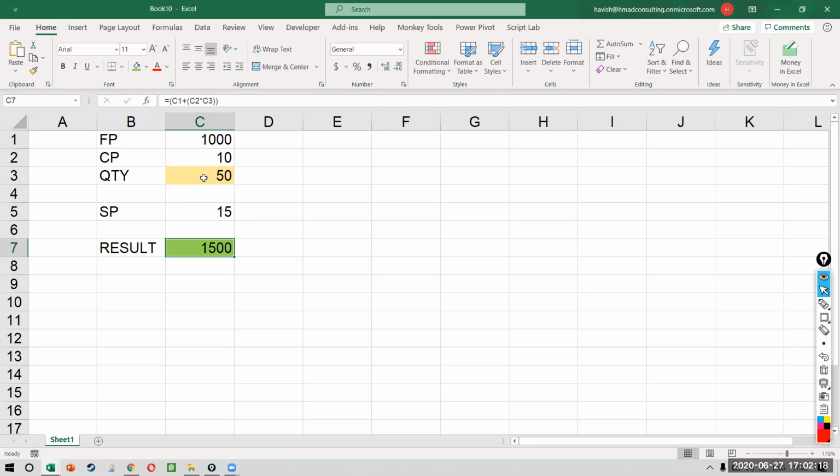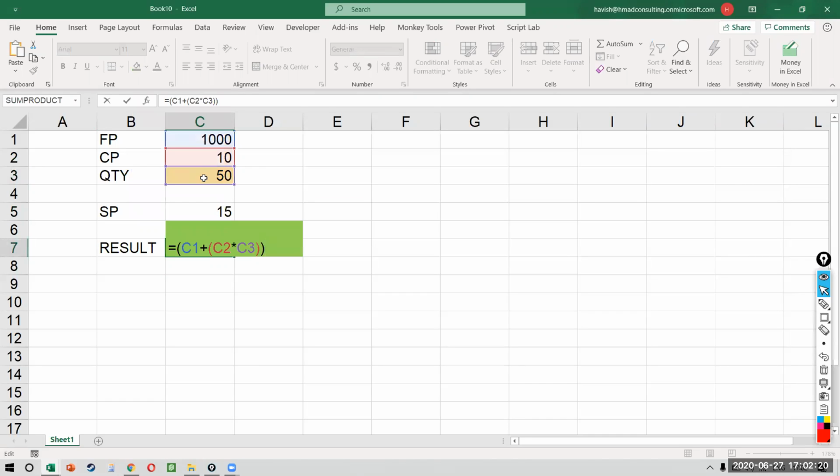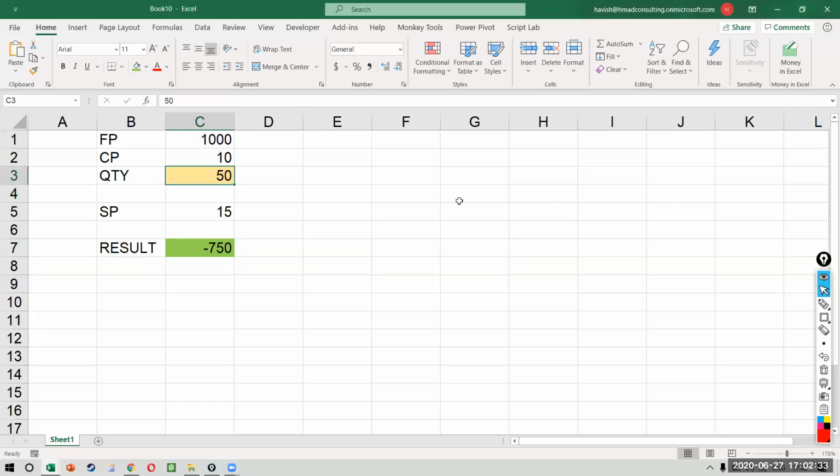This becomes my entire cost price. And then what would be the selling price? The selling price would be your SP into the quantity. So if you notice, if I sell 50 units, I'm incurring a loss of 750. Makes sense? If I'm selling 125 units, then I'm incurring a loss of 375. But if I'm selling 250 units, I'm earning a profit of 250.